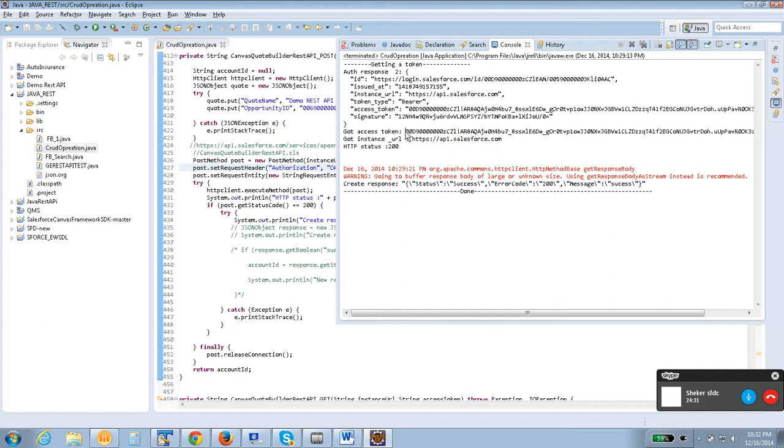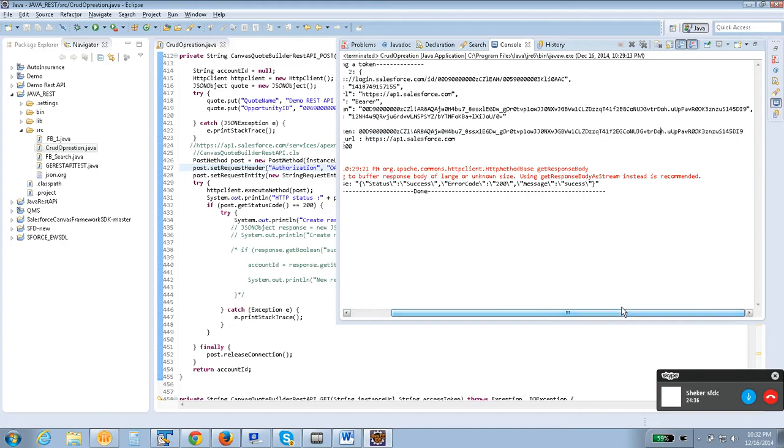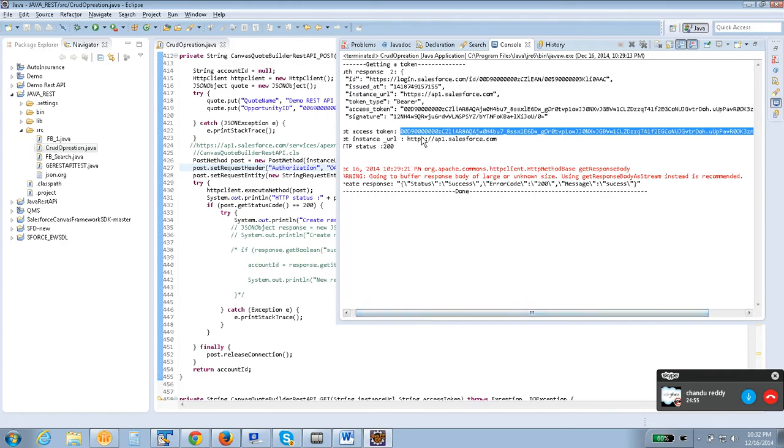Okay, so the access token is a random number. It is basically having two things: one is the consumer key and the other is the consumer secret. This is encoded with a base64 algorithm. It is dynamic, so there is no need to go in depth about how the access token is generated. It is not really required. Make sure it is not static. It is dynamically generated and varies from user to user.